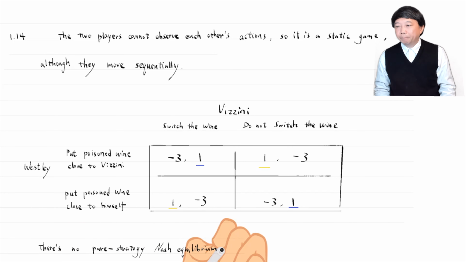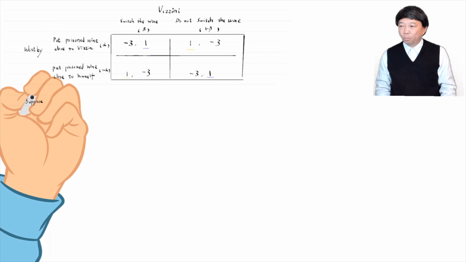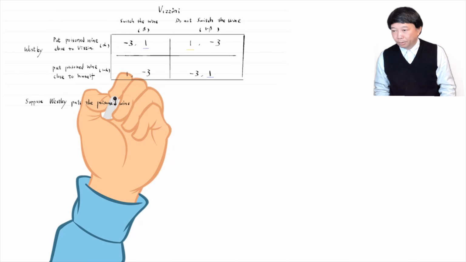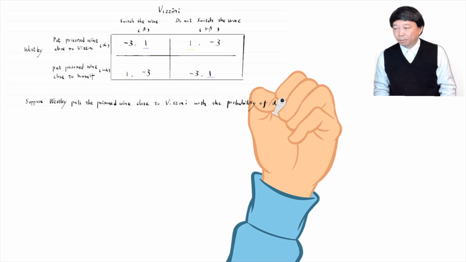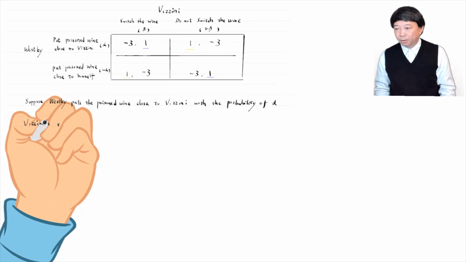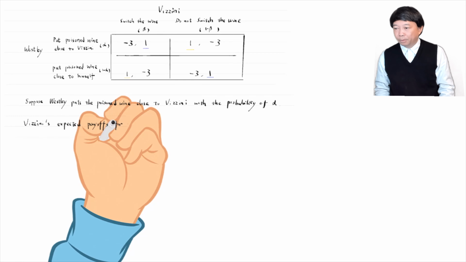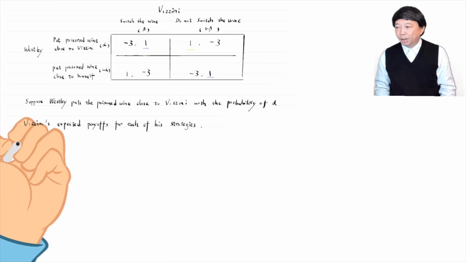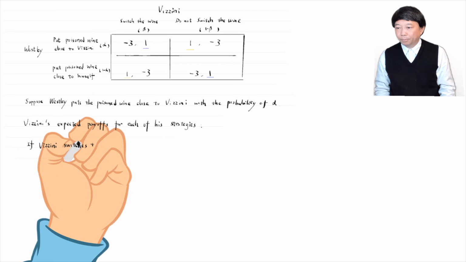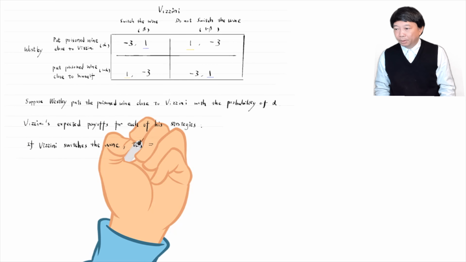We will find a mixed strategy Nash equilibrium. Suppose Wesley puts the poisoned wine close to Vizzini with a probability of alpha. We calculate Vizzini's expected payoffs for each of his choices. If he switches the wine, his expected payoff equals